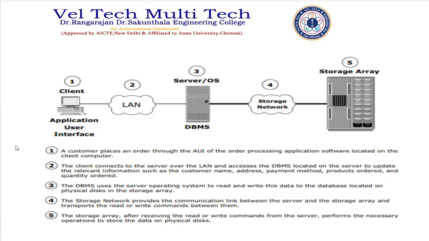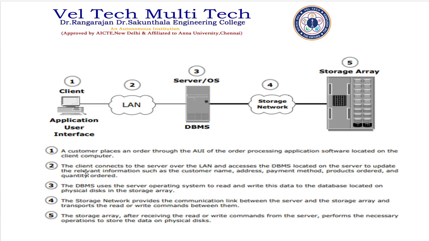This has many applications, that is, order process application software located on a client machine. That machine is used to interact with the server OS and the DBMS through the LAN, local area network. The client is connected to the server over the LAN and accesses the database DBMS located on the server